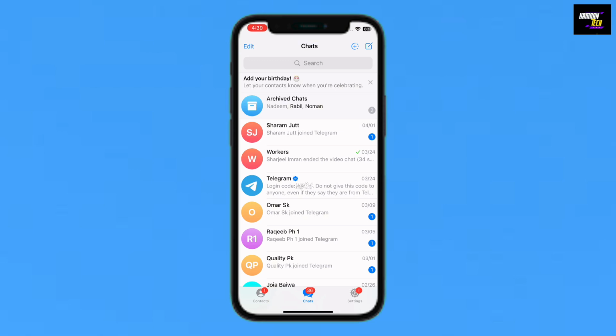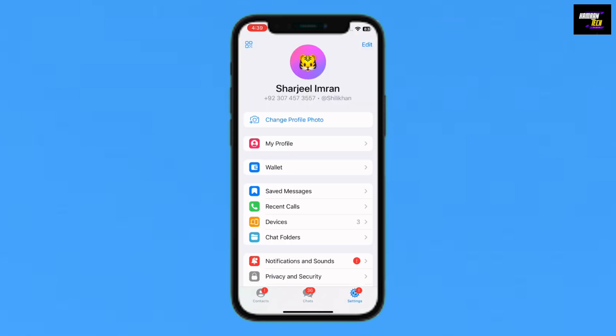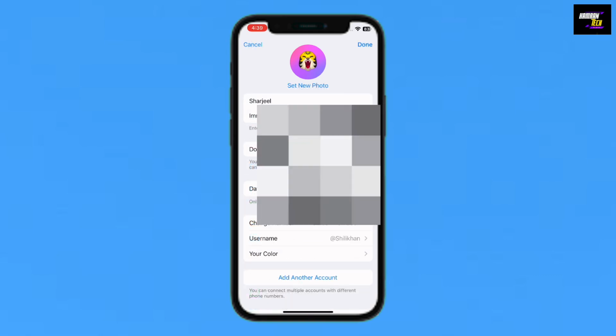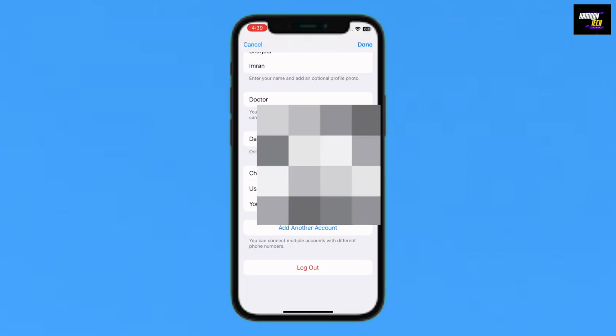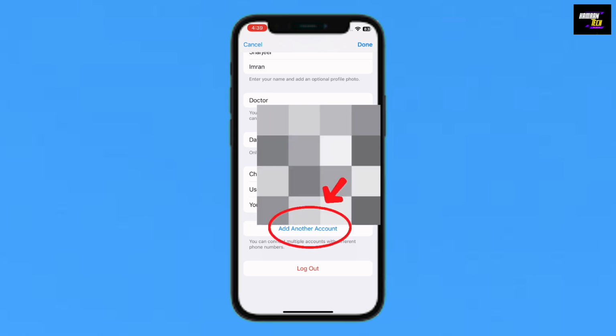And to add another account, I will move to the bottom right corner, which is the settings option as well. As you can see, there is the Edit option in the top right corner. In our example I will just tap on it, and at the end you will see Add Another Account. So you can connect multiple accounts with different phone numbers. Make sure of that, and I will just tap